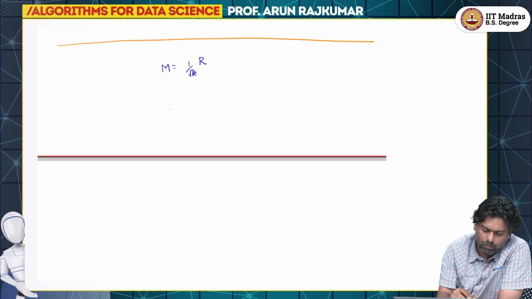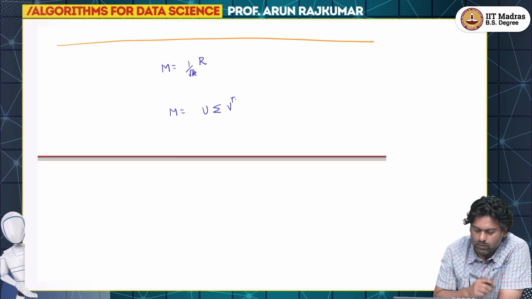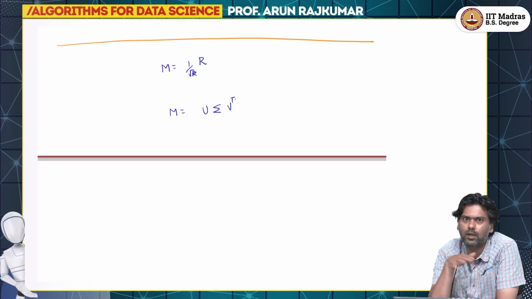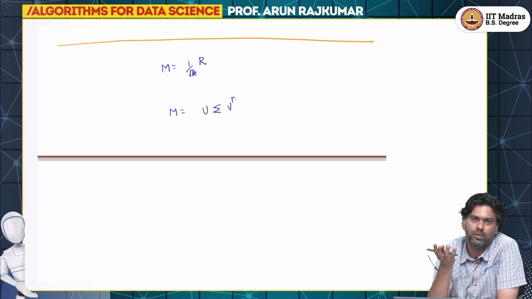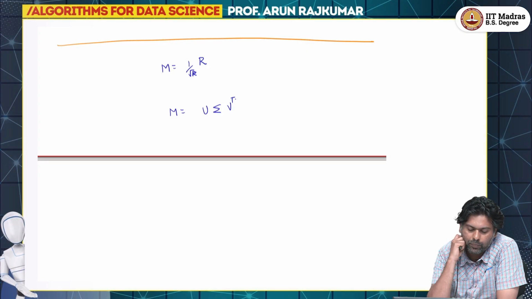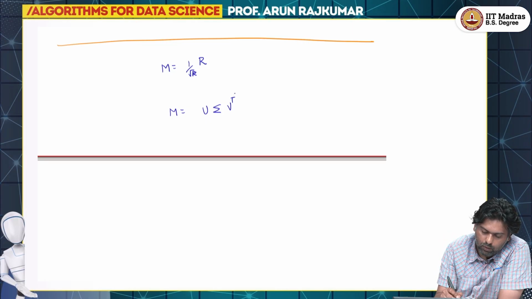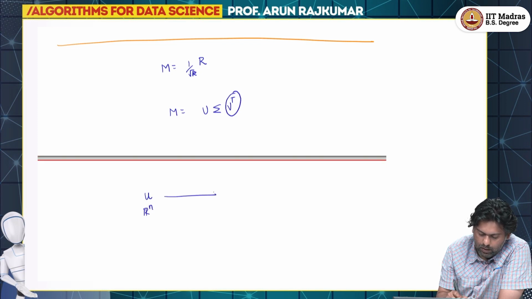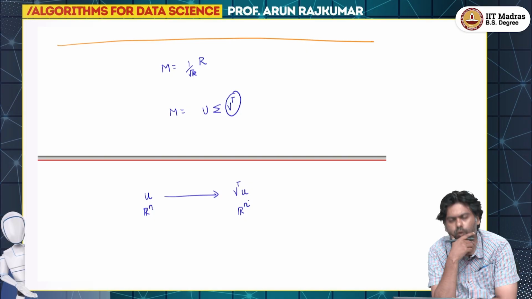So if I think of m itself as again u sigma v transpose, now the intuition here, I am not going to prove anything here, I am just going to throw some intuition, is the role of v transpose, right. So v transpose takes a u in Rn, and then it maps to v transpose u. Again this is also in Rn. The intuition here is that